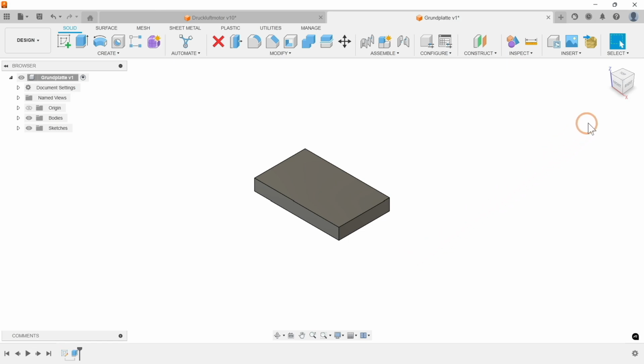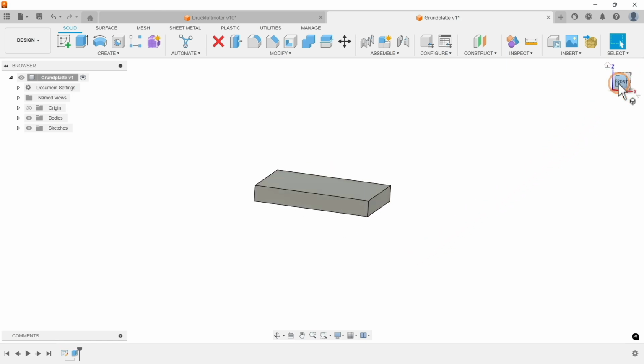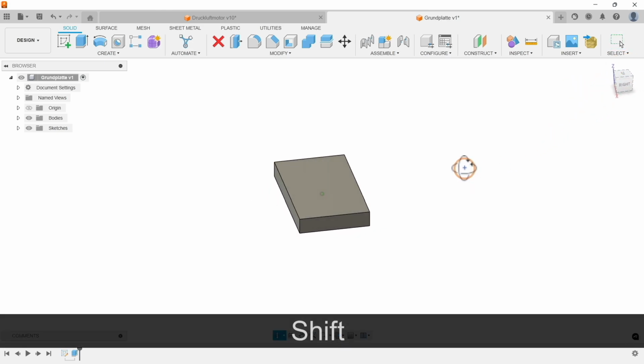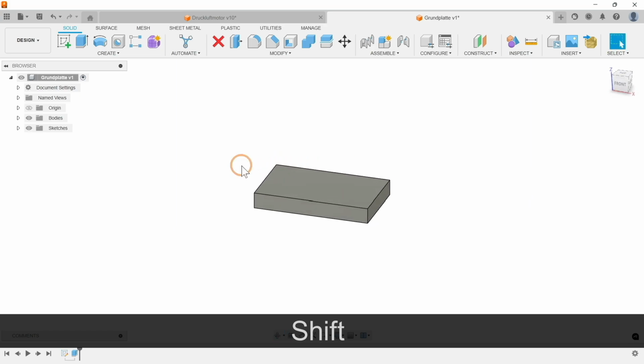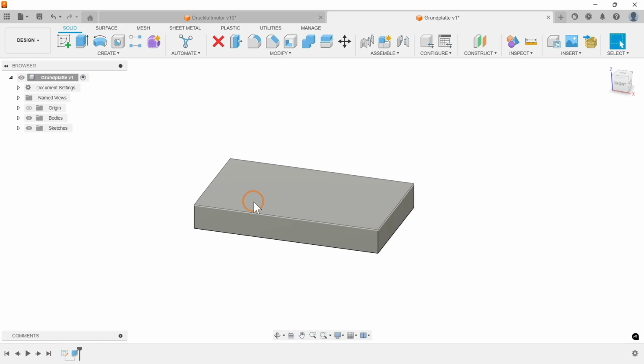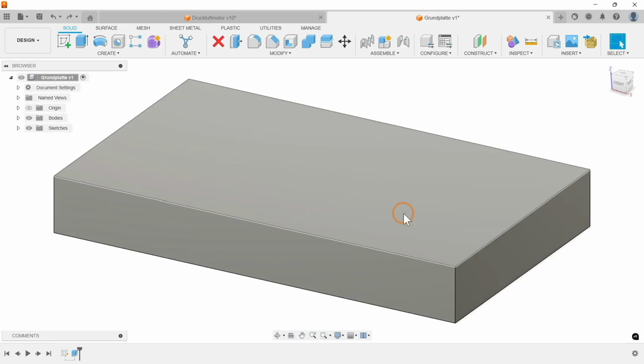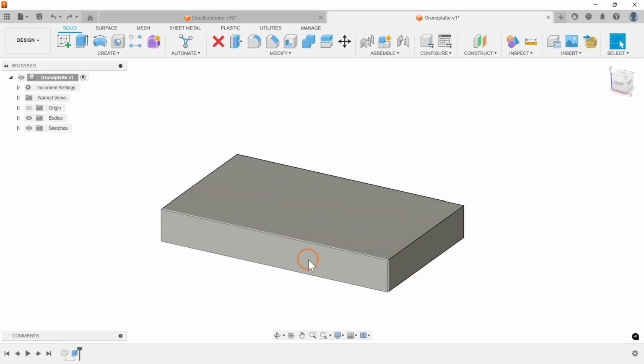If you want to change the view of the component, you can use the View cube in the top right. With the Shift key and the middle mouse button, you can rotate the model. And with the scroll wheel, you can zoom in and out. If the part ever disappears, a double click on the middle mouse button is enough to bring the view back